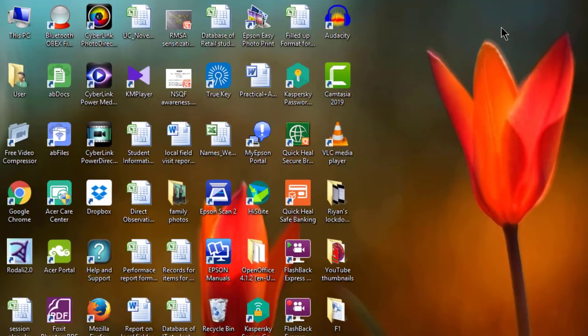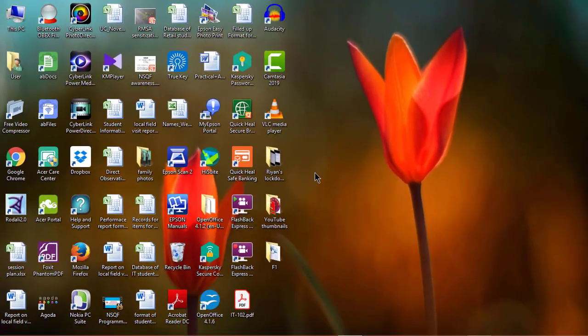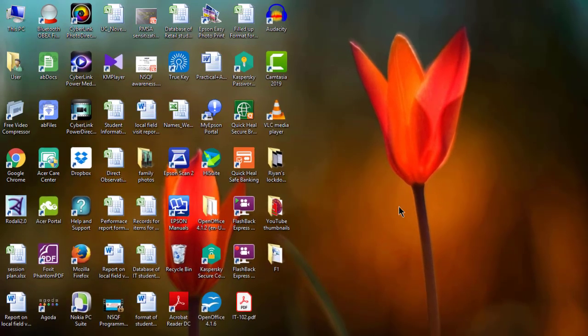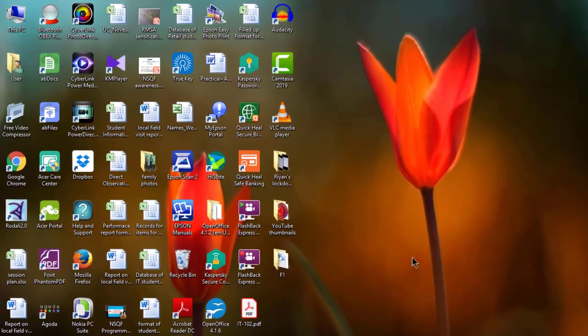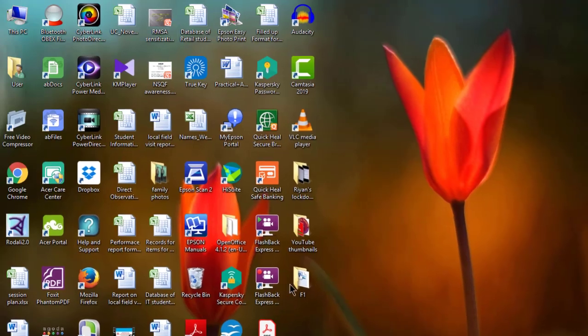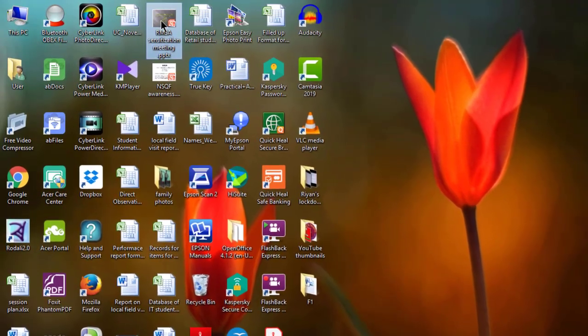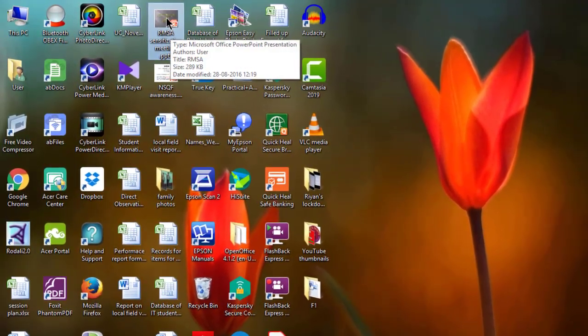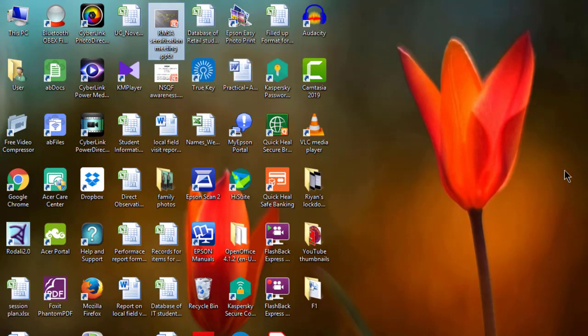This is the second method, and you can also save a copy of a particular file inside any folder. Suppose I am going to keep a copy of this MS PowerPoint file inside this folder. For that you need to click on the file and press Ctrl C from the keyboard.